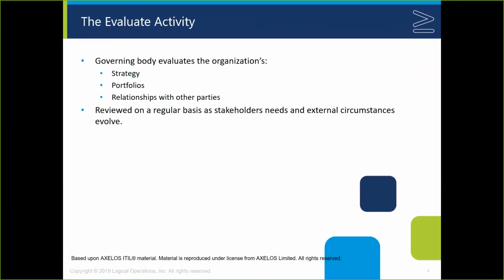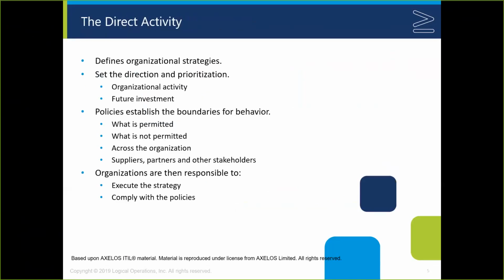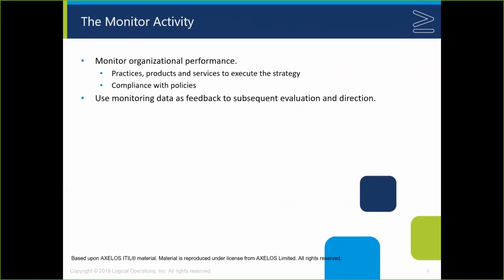So we introduce the three high-level governance steps, and then we have a slide that you can talk to for each one of these, introducing evaluation, direction, and monitoring, and help them understand, this is what a board of directors does. This is what a senior governing body does. They're trying to figure out, given all the strategic alternatives, what does the organization actually have to go do? And then ultimately, how does that get reflected both in the strategy and eventually in the policies?